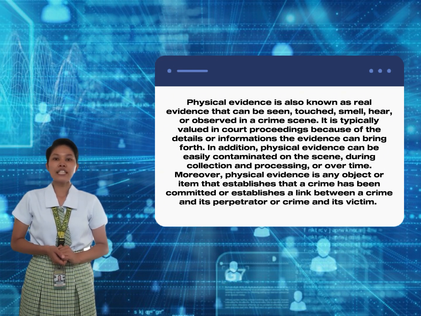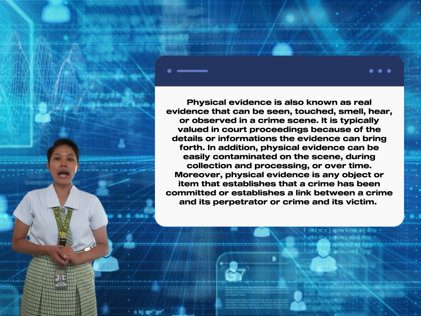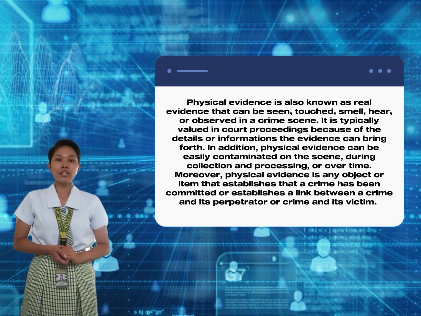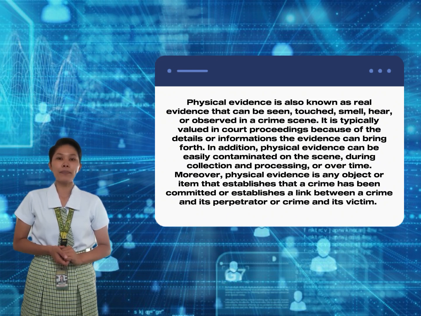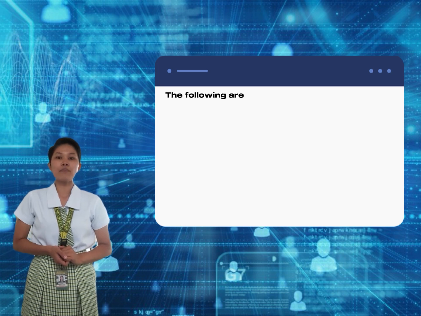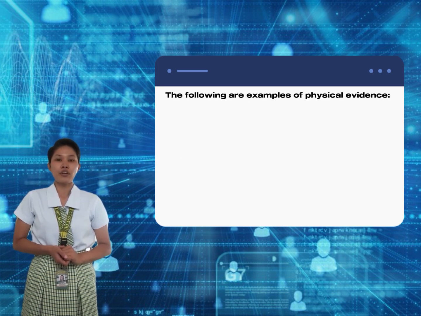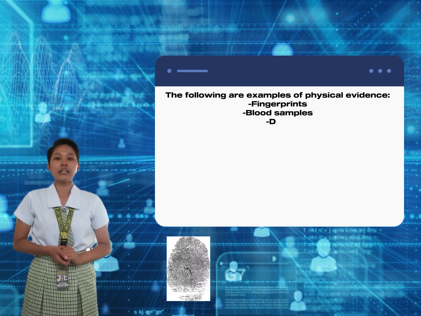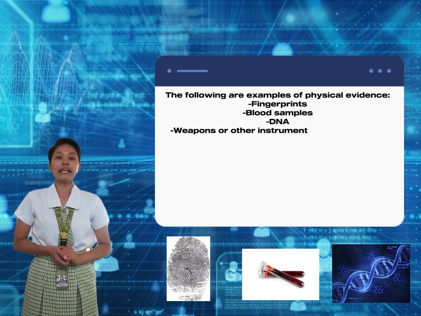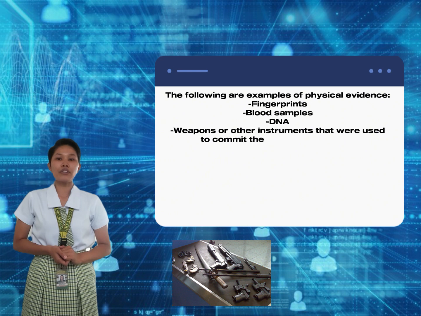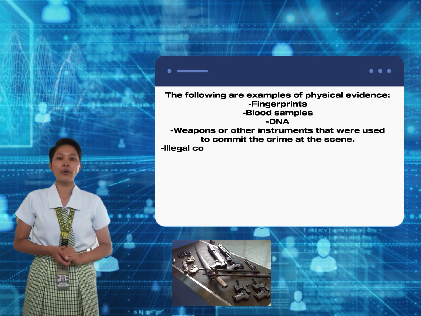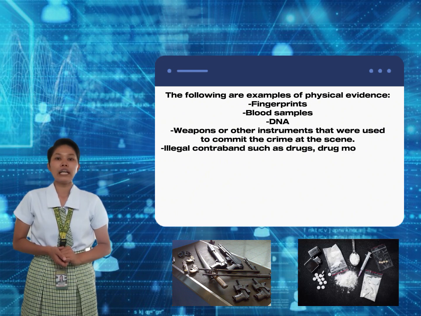Moreover, physical evidence is any object or item that establishes that a crime has been committed or establishes a link between a crime and its perpetrator or a crime and its victim. So the following are the examples of physical evidence. First, fingerprints, blood samples, DNA, weapons or other instruments that were used to commit the crime on the scene, illegal